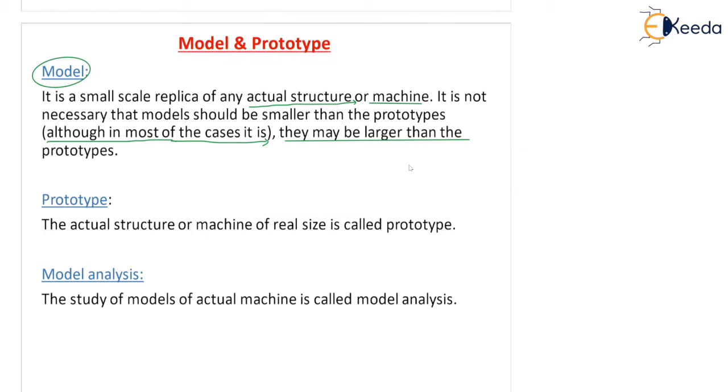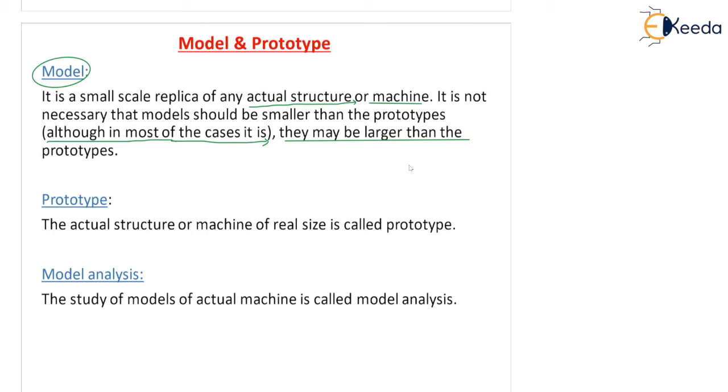If you go to the other side, in some cases, models are bigger than the prototype. For example, if you go to the biotech department, there are many reptiles, insects, and other small species. Suppose you want to study the functioning of those species, it is very difficult to analyze because the biological parts are very small, so we have to make a big size. Suppose you want to analyze the flow over the wings of a butterfly, which is very small, so we can make a very big size butterfly model. All the dimensions must be the same, and then we can analyze the flow over the wings.